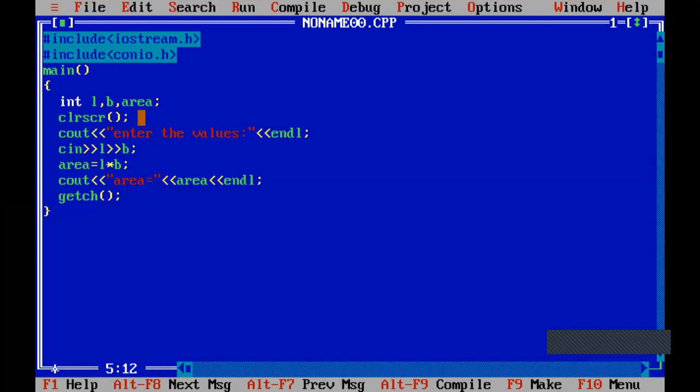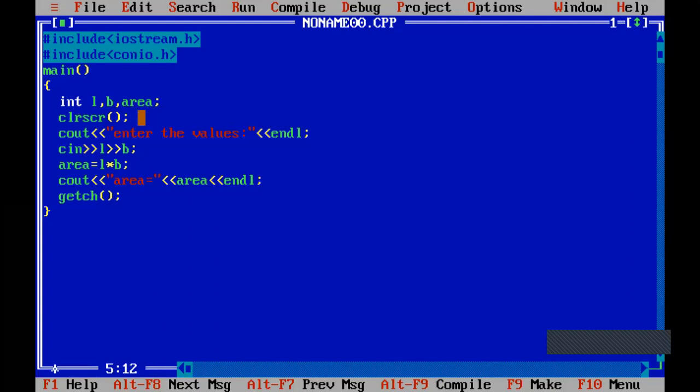What are those? The first letter should be an alphabet. No other symbol should be used apart from underscore. Reserved words should not be used as identifiers, and it is case sensitive, meaning lowercase cannot be converted to uppercase and uppercase cannot be converted to lowercase. This was identifiers. Next, coming to variables.